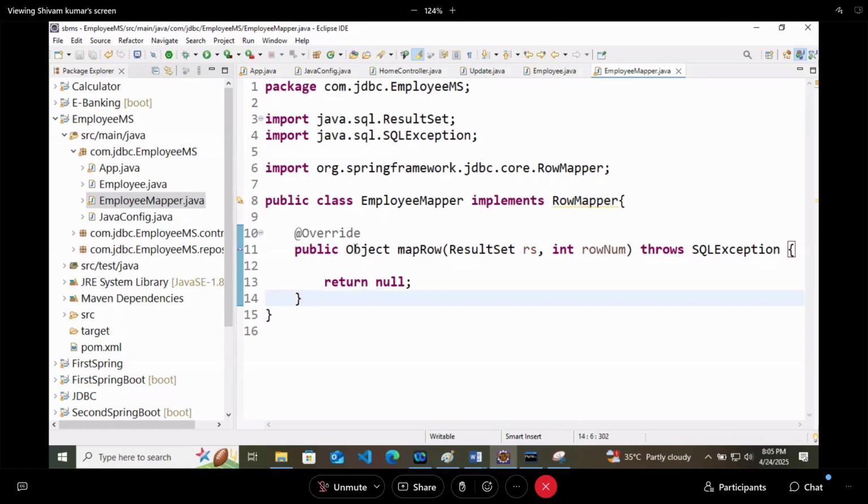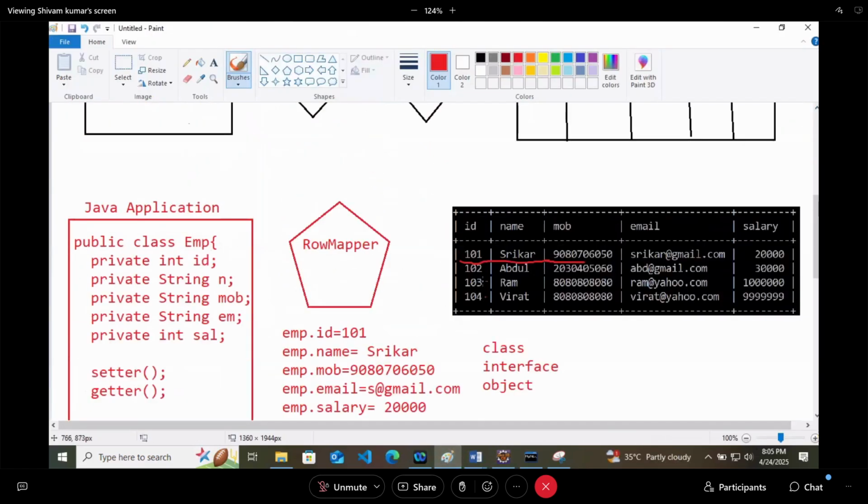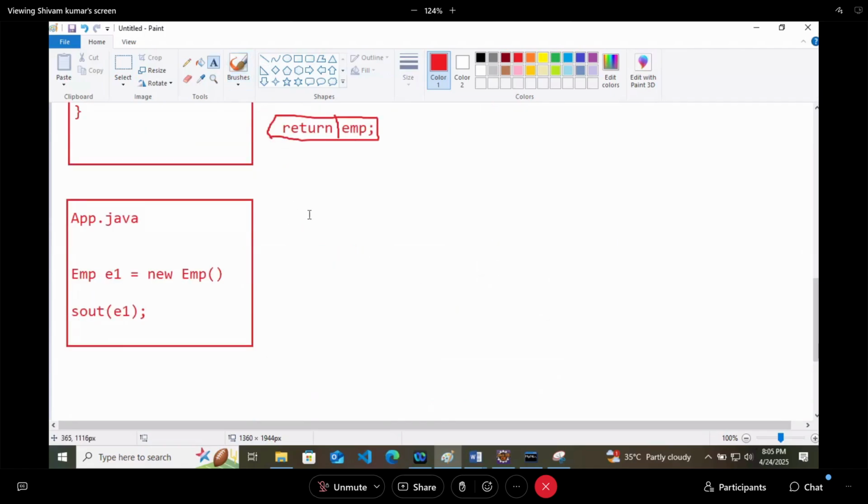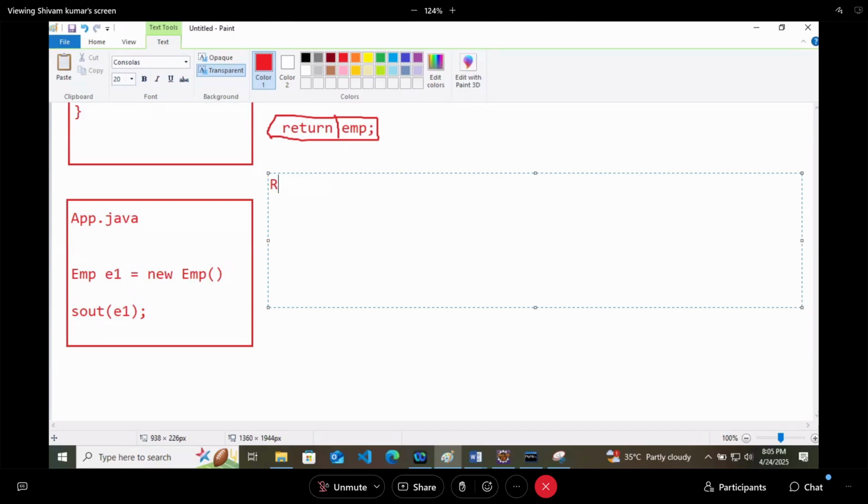There is a class of employee mapper which is implementing row mapper, and row mapper says that I will map database rows into a Java object of your class.